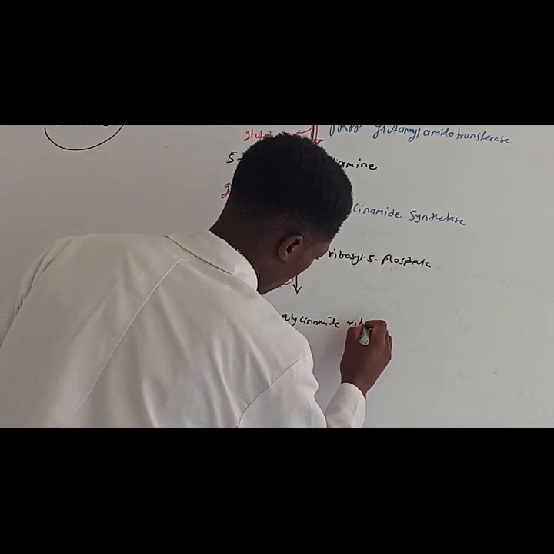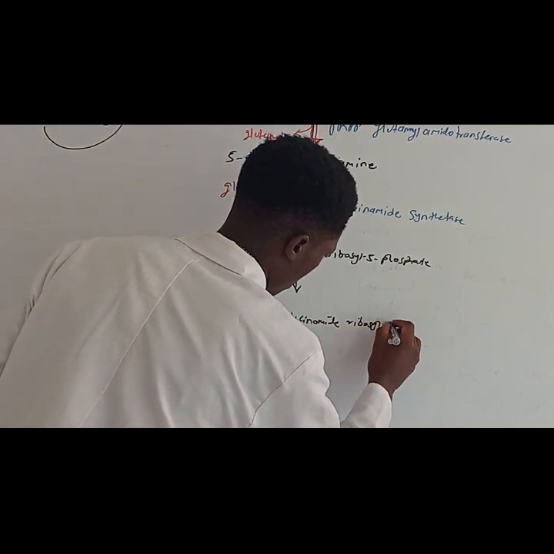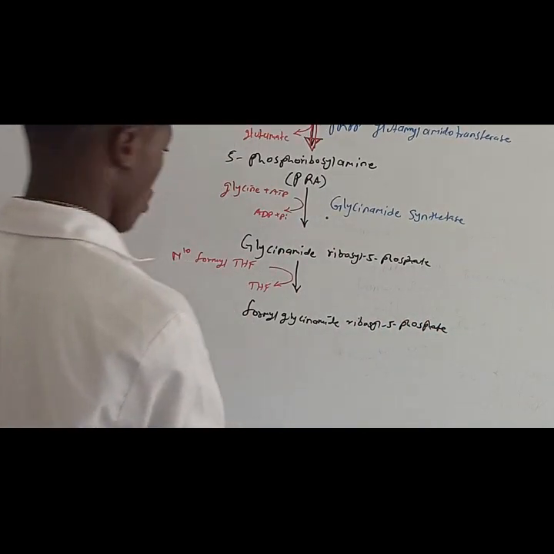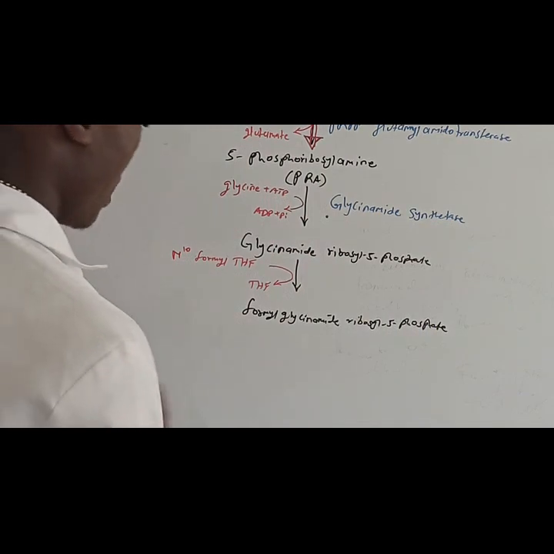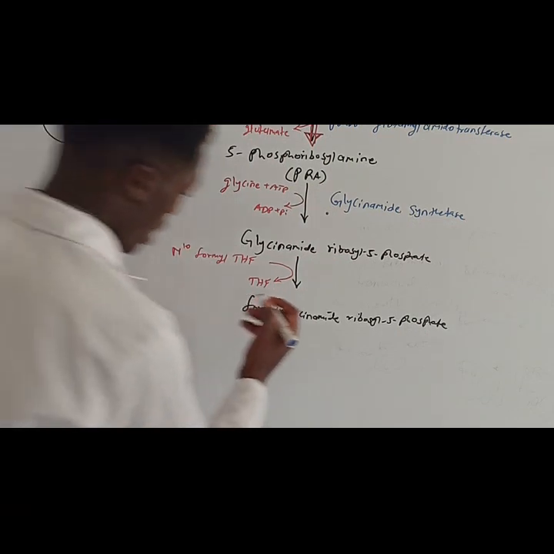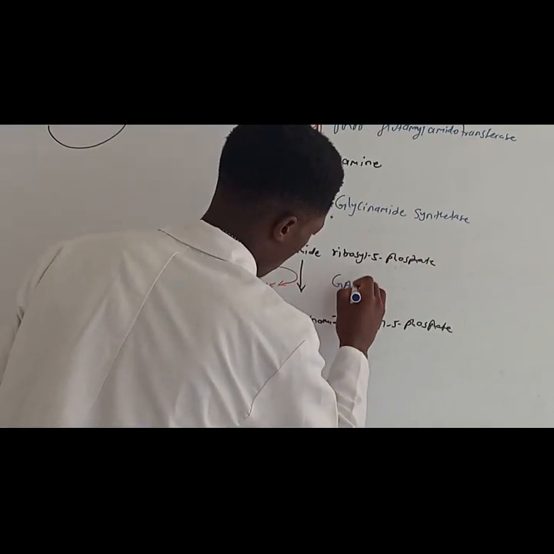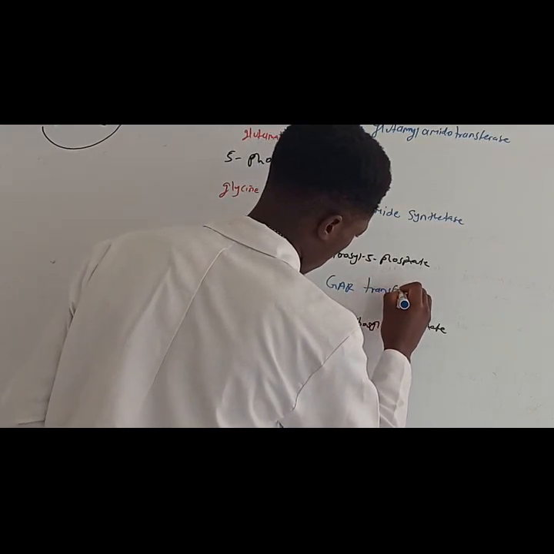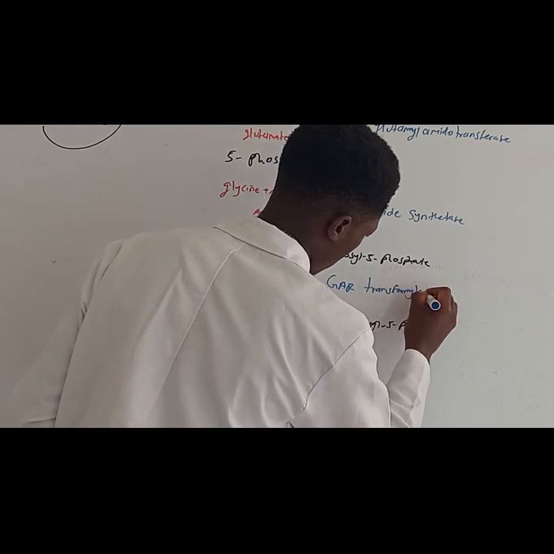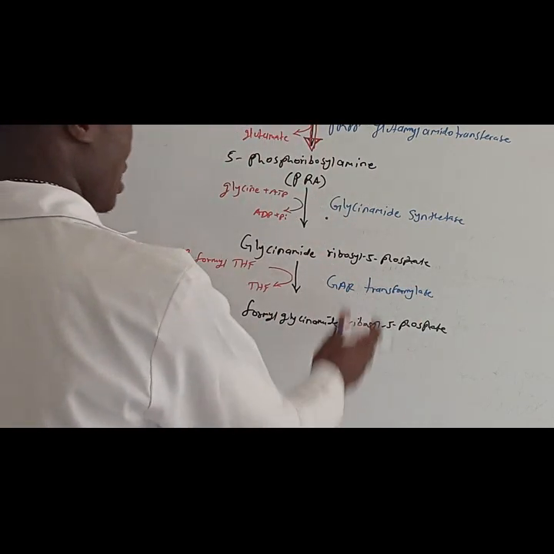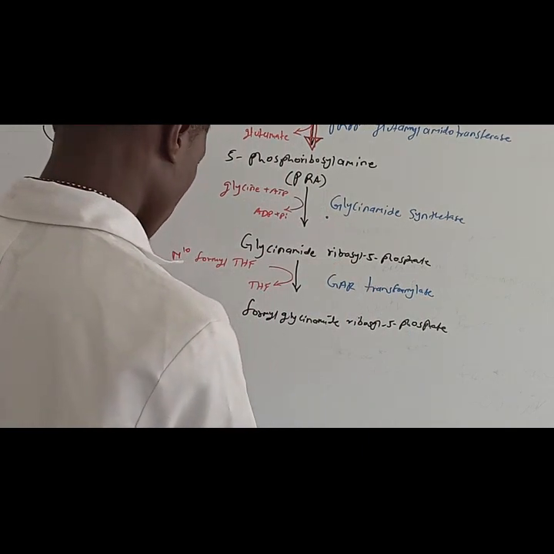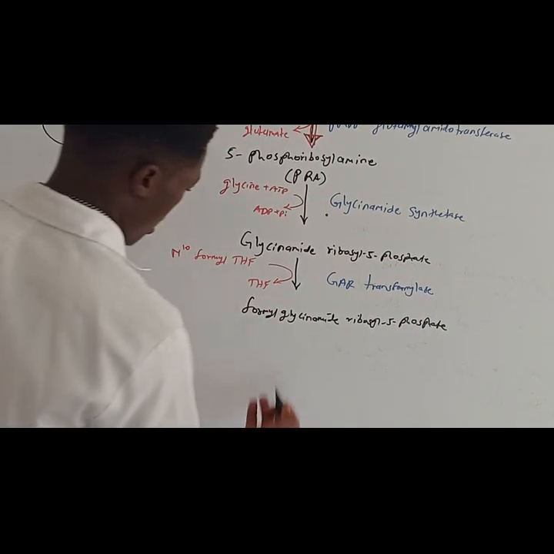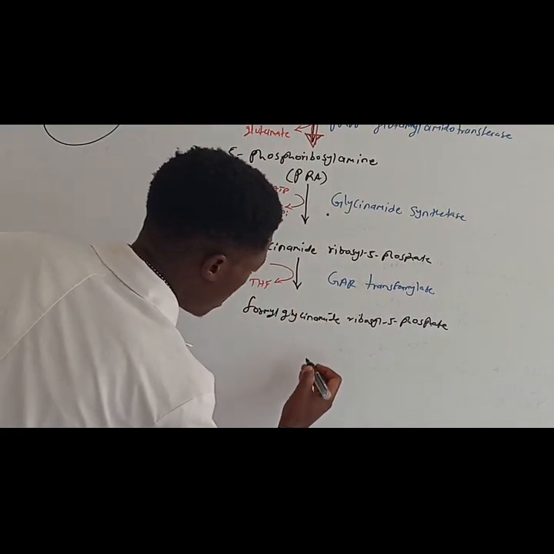So formyl glycinamide ribosyl 5-phosphate. Alright. Now this reaction is catalyzed by an enzyme called GAR transformylase. So GAR transformylase. GAR simply means glycinamide ribosyl phosphate. Alright. Now let's proceed. Formyl glycinamide ribosyl